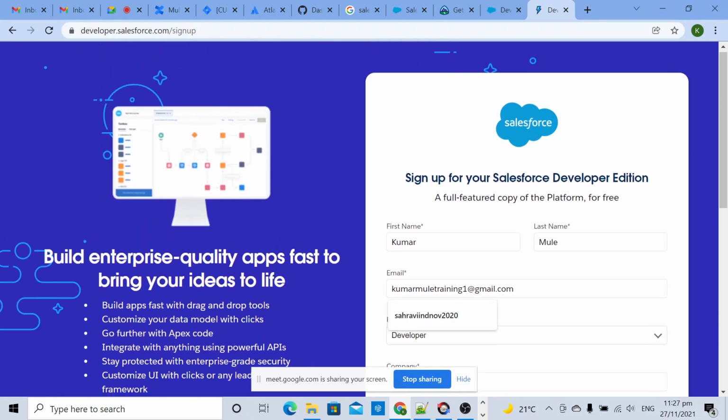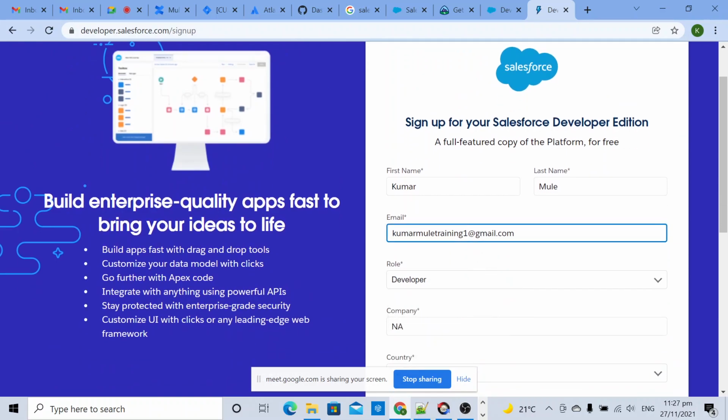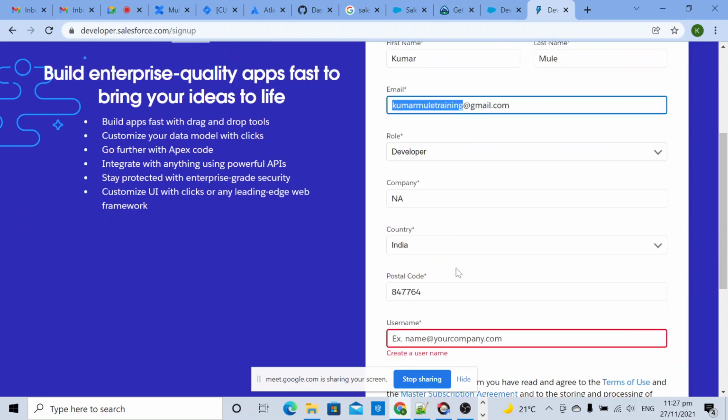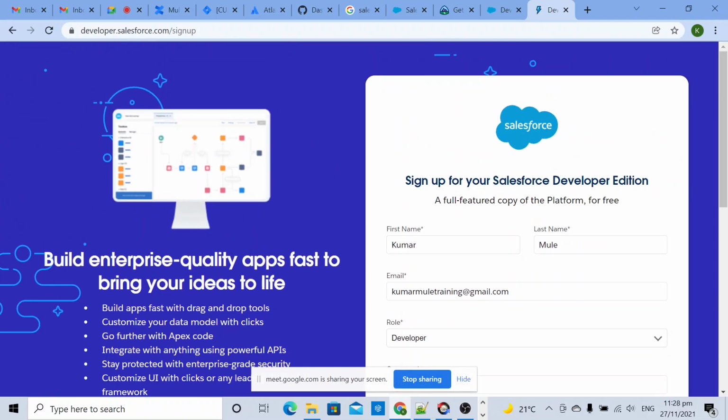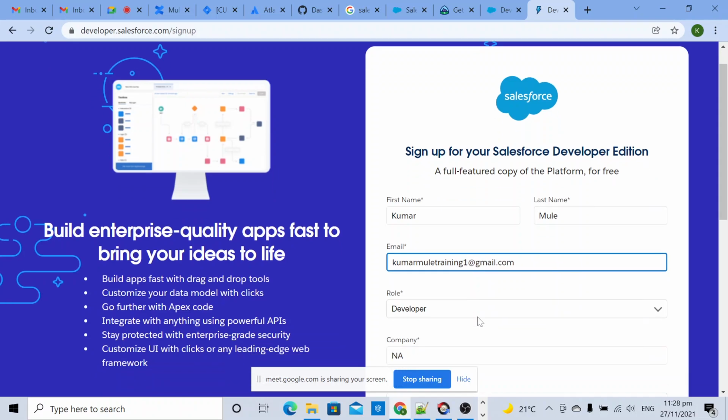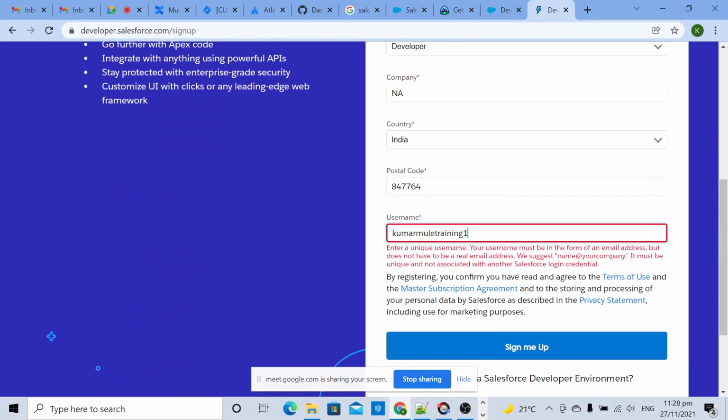username. For username, I will use my previous account on the previous email ID only. So I will try to use this username. This one is existing. Okay, then let me use this one. Oh, this one is also existing.